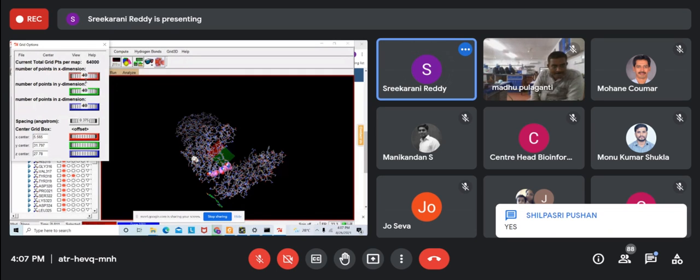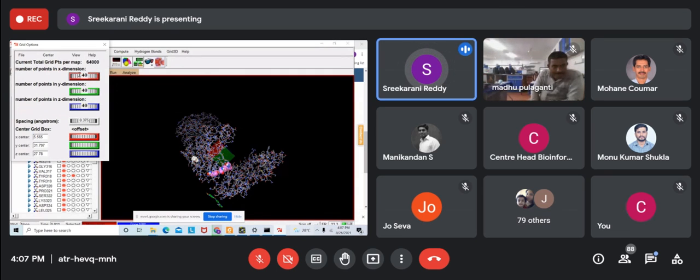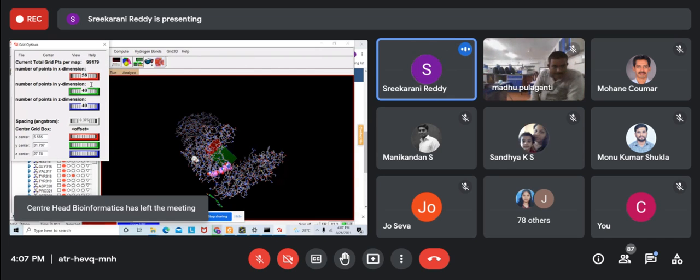I will be moving the dimensions so that whatever residues we have selected should be inside that particular grid box. Okay.